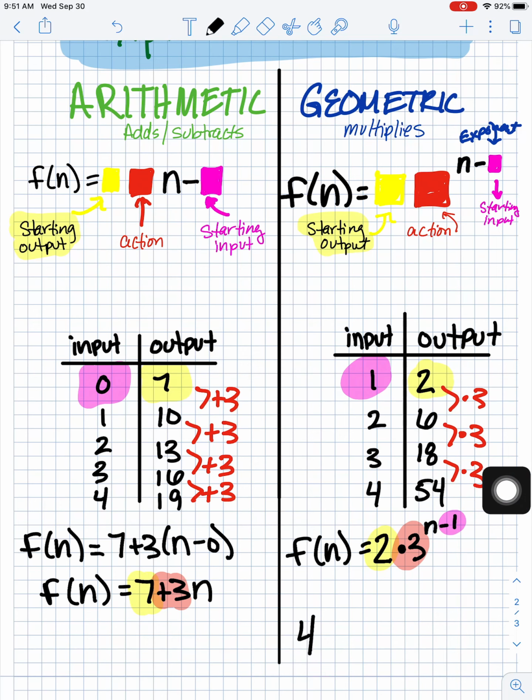For the fourth input, I would start with 2 and multiply 2 times 3 times 3 times 3. I'm multiplying by 3, n minus 1 times. So since n is 4,